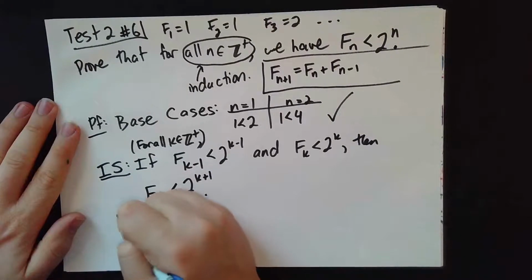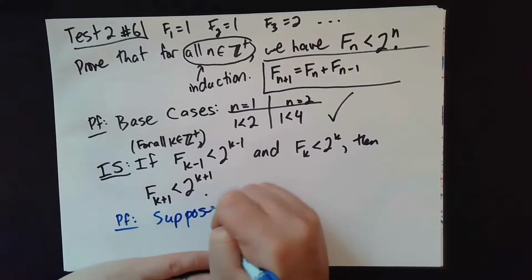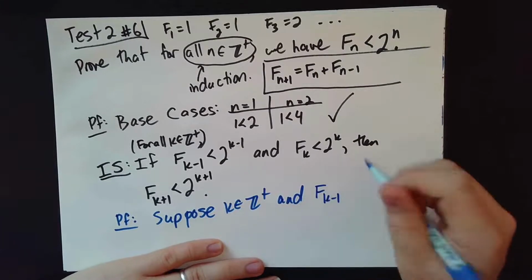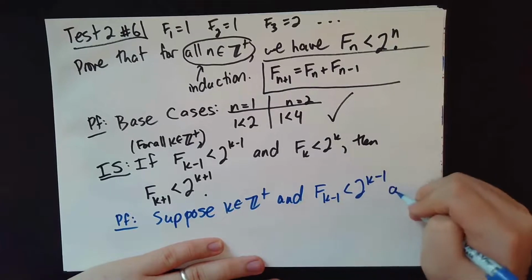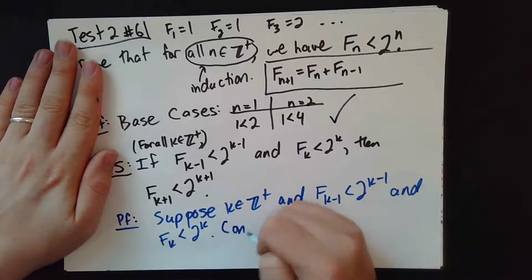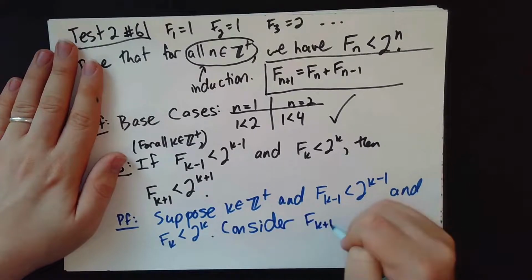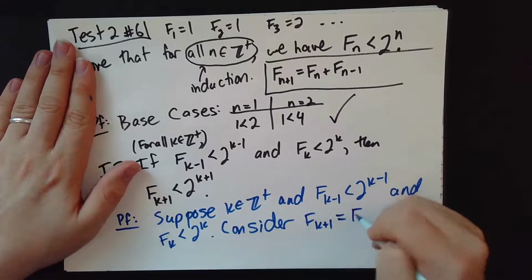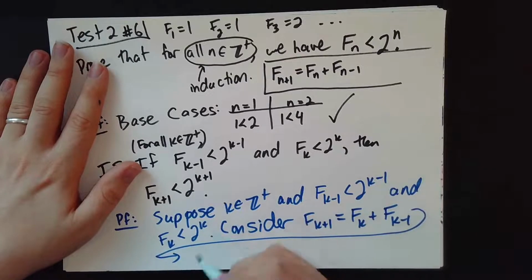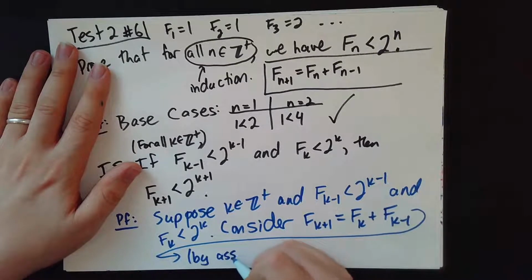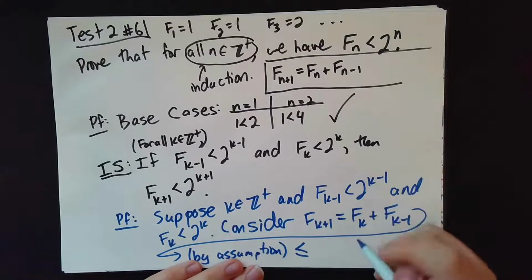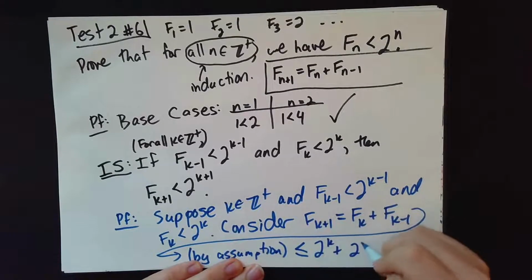The proof here looks like, suppose we have this k, then I want to consider f sub k plus 1, which is equal to f sub k plus f sub k minus 1, which is then, by assumption, less than or equal to 2 to the k plus 2 to the k minus 1,